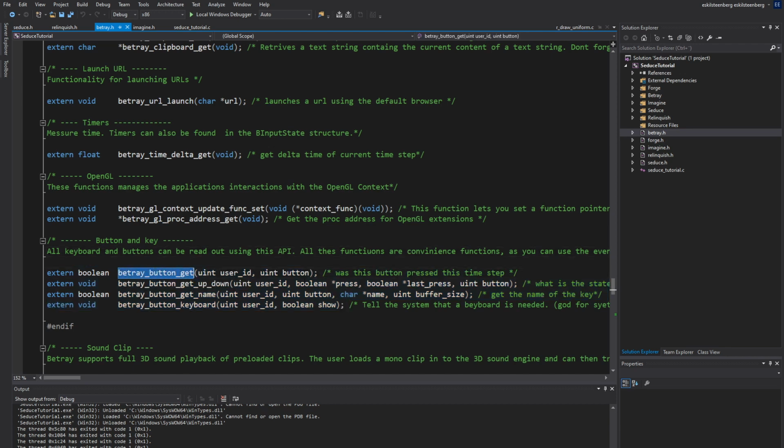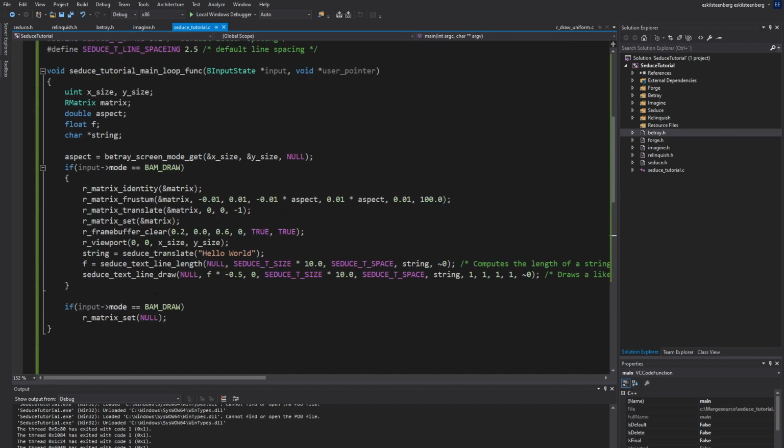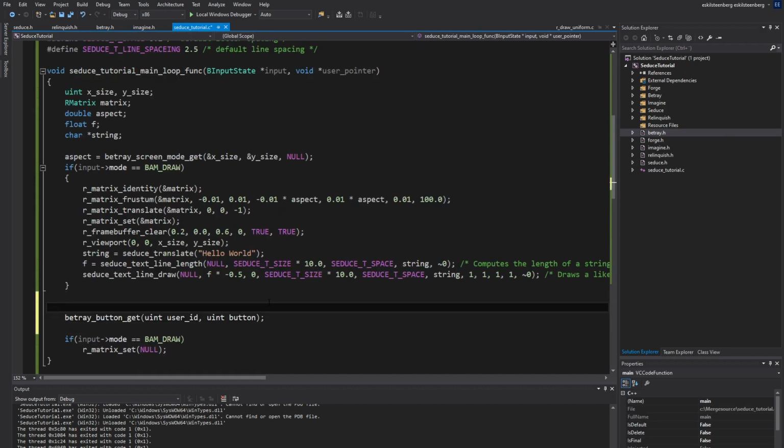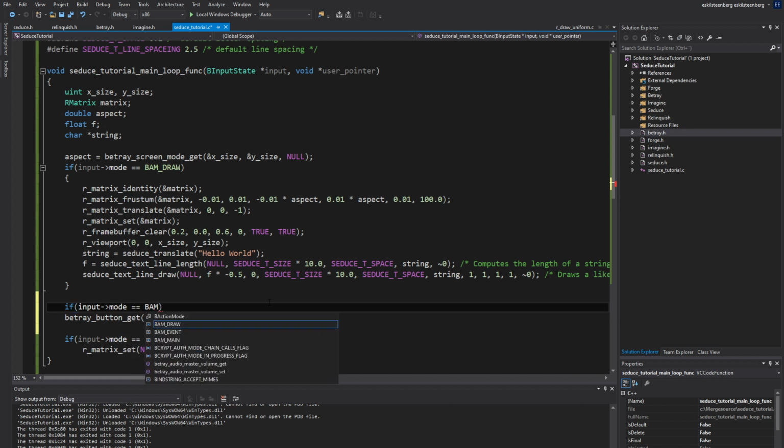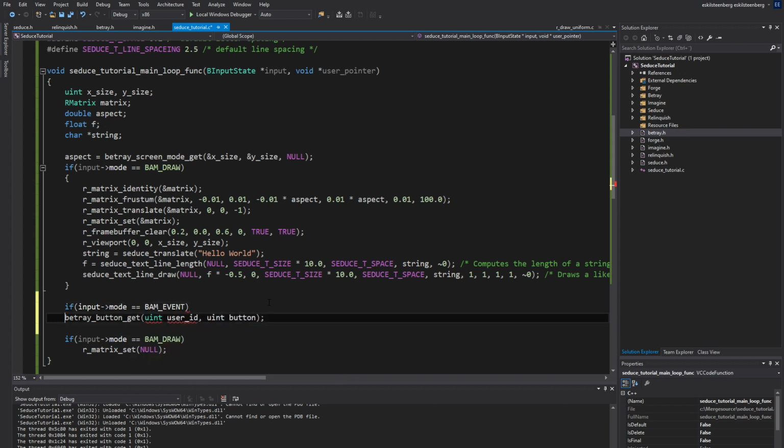So the first one is get button, and this will just say, was this particular button pressed? And there's also another one which says, is it pressed, and was it pressed the last frame? I'm going to use this one because it's simple, and we're going to put that here, and I'm going to put that inside of an if input mode event, right? For an event mode, I don't actually think you need to do that, but it looks